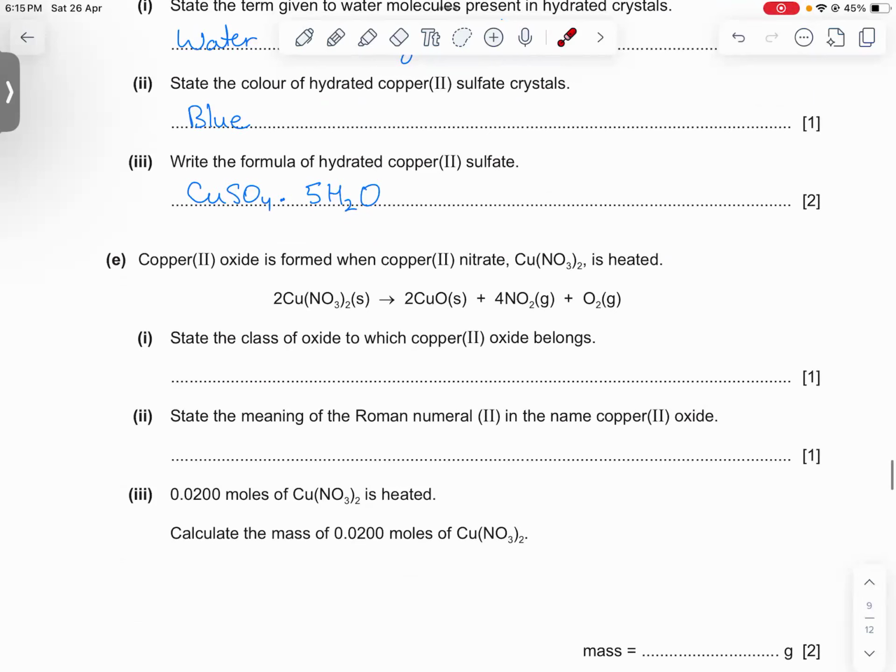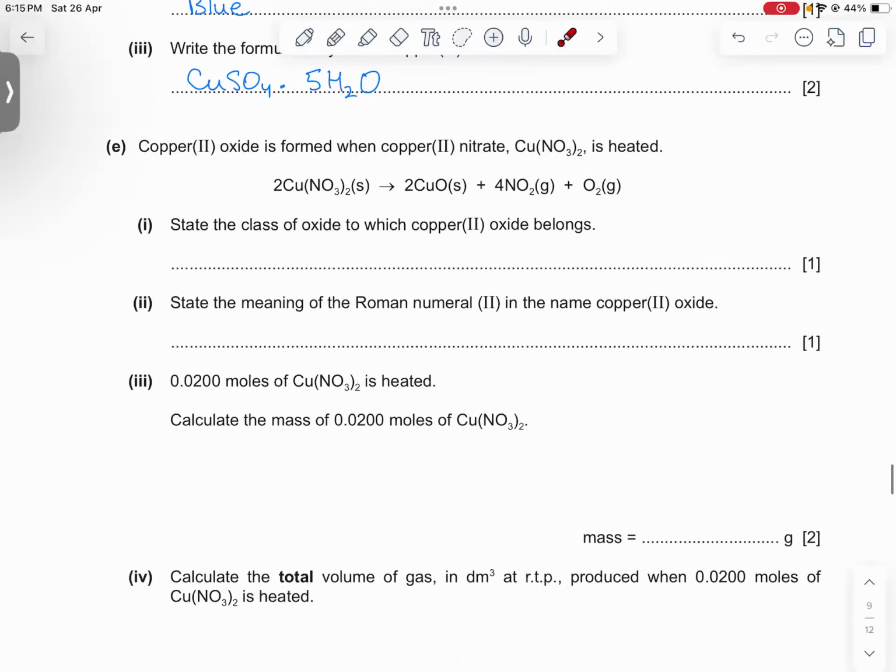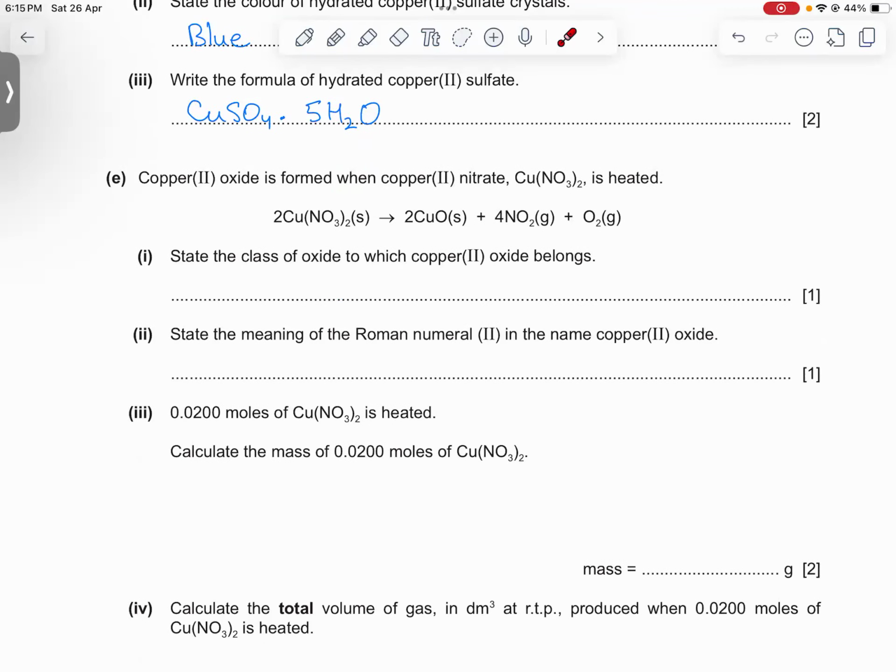So they have asked us this formula twice now. This is the only formula of hydrated compounds that we should remember other than cobalt 2 chloride. Pink cobalt 2 chloride, you should also remember, has 2 water molecules, 2H2O. I don't know, they might ask in the future. Cobalt 2 chloride contains 2 water of crystallization molecules per formula unit, so the formula becomes CoCl2·2H2O.